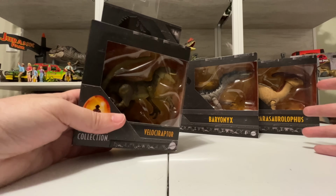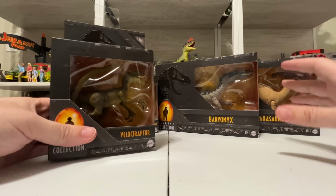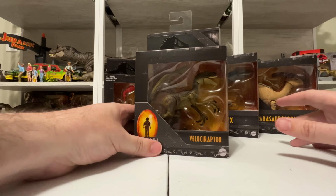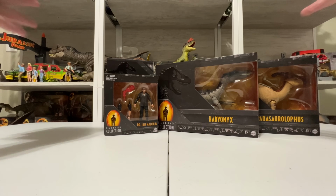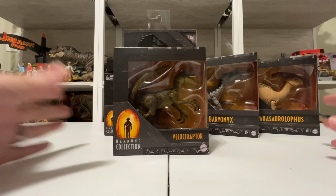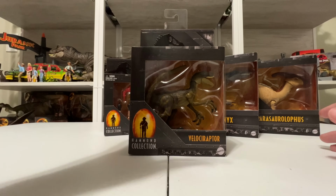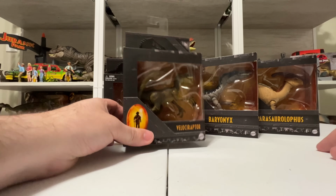Of course, if you're familiar with collecting Mattel, you probably know about Amber Collection. That was the 6-inch line that was discontinued this year in favor of this 3 3/4 line, which is awesome because this line actually scales with all the other Mattel Jurassic toys you can see on the shelf. These toys scale with that, so it's not like this whole separate scale where dinosaurs are costing $30 to $60. These cost the same, if not less, than some of the figures you've already been collecting, and they have even